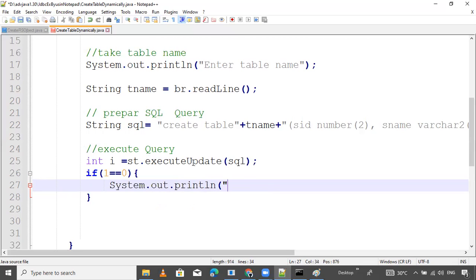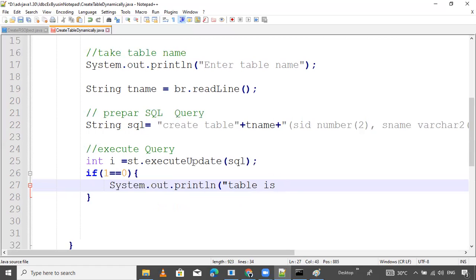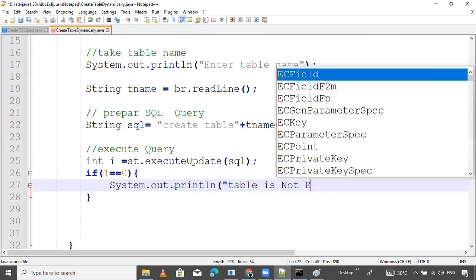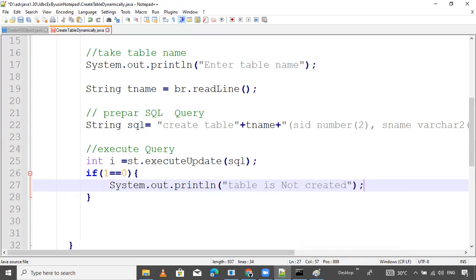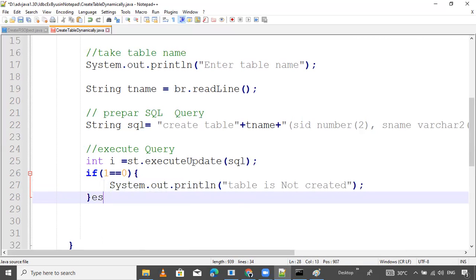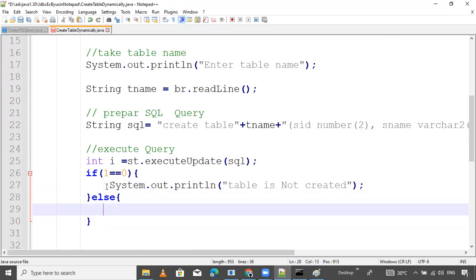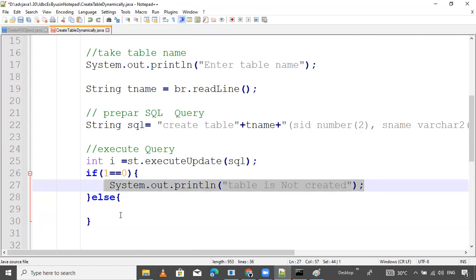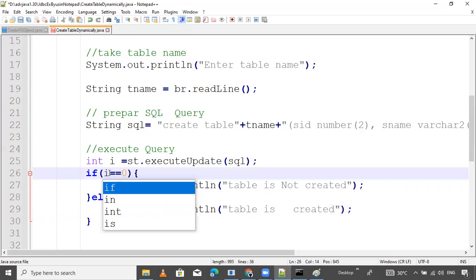Suppose if 0, print table is not created. Else, print table is created.